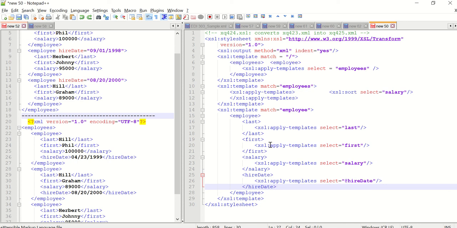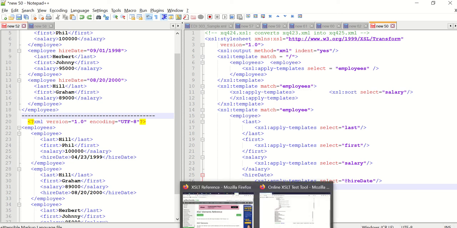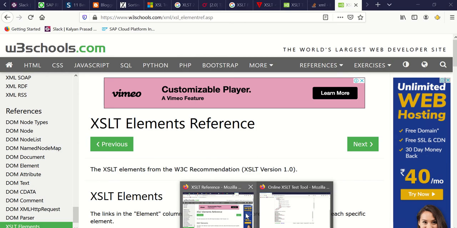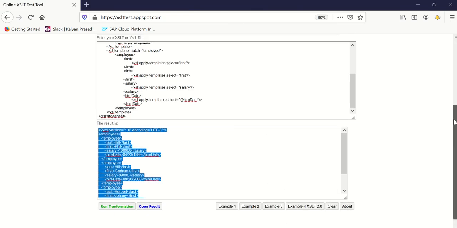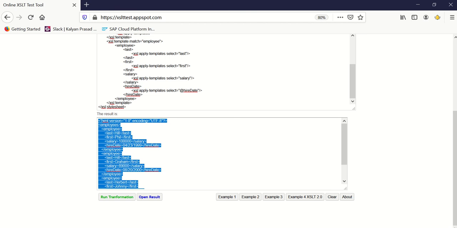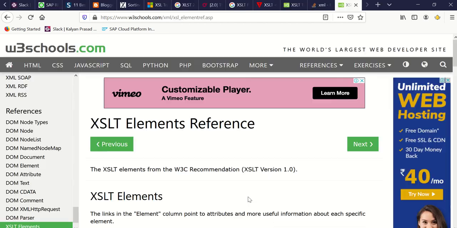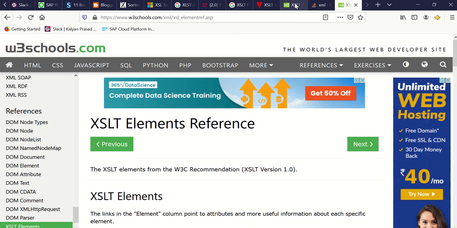In this video, we are going to learn XSLT with the template and sort options. If you see one of the examples I have, I will explain that example. I'm using this simulator to test my various XSLT patterns. And coming to the example I have,